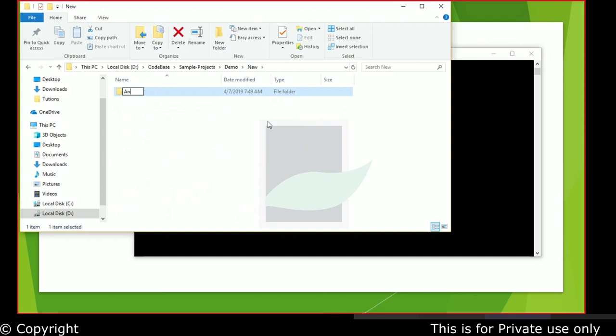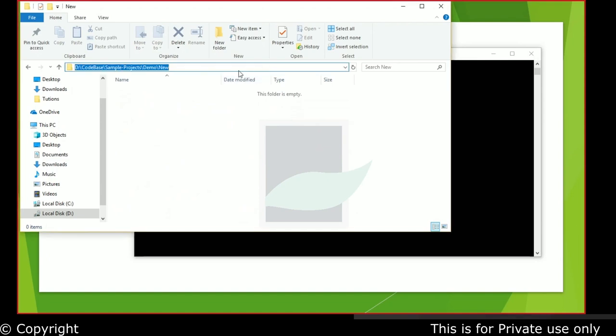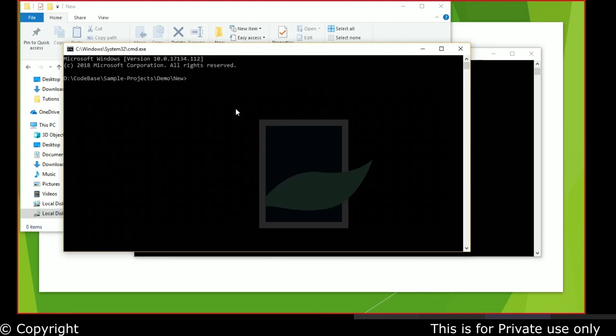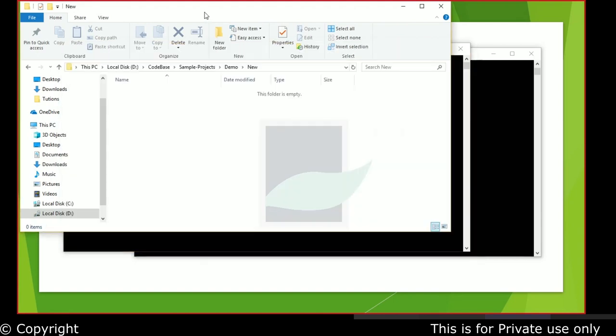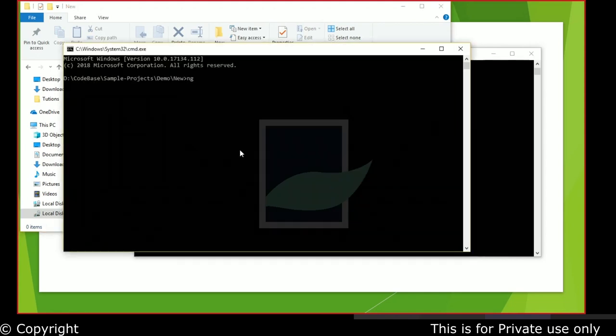Inside this, let me open my command prompt. In my command prompt, there is a new folder which has nothing. How easy is it for me to create an Angular application? I'll say ng new angular-app.